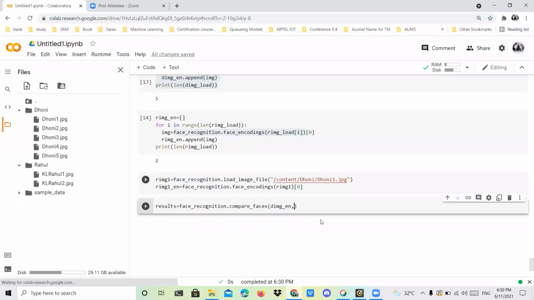Now I'm going to give here Rahul image 1 encoding.